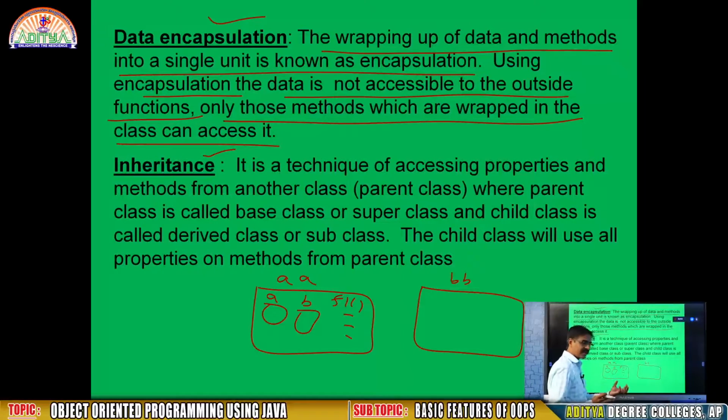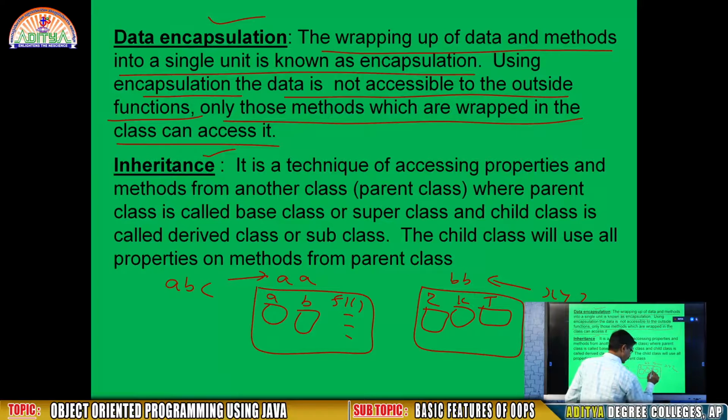Okay. So when two objects are created from the same class, what is there in AA, the same will come into BB. But what I am telling you is that I created the AA object from the ABC class, and the BB object from the XYZ class. It means both classes are different. Here in BB, you may find there is a Z, there is a K, and there is a T, and there is a method called F5.